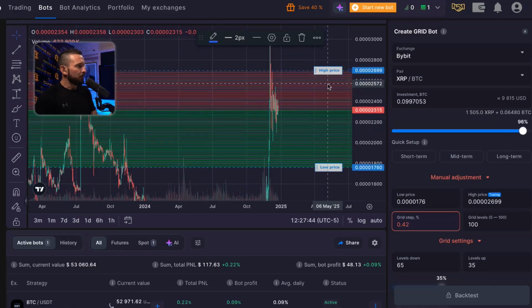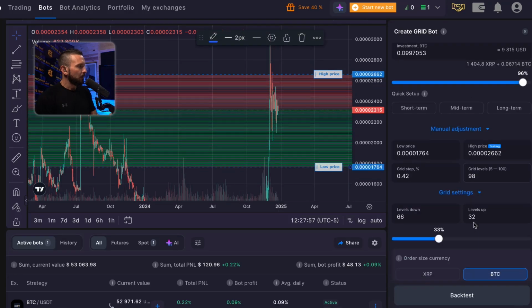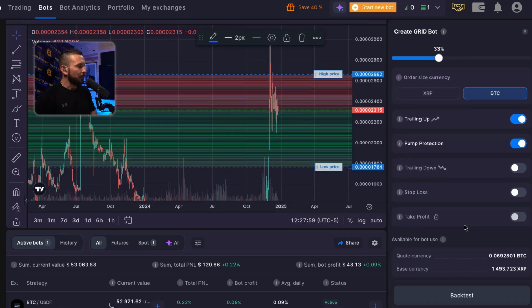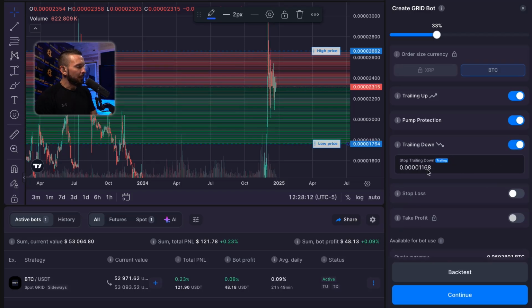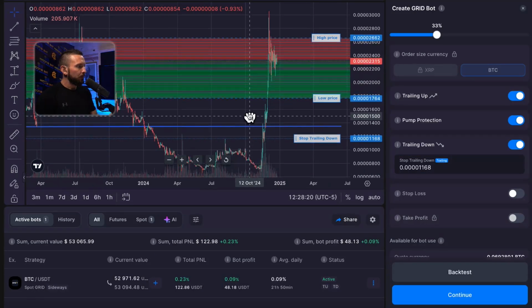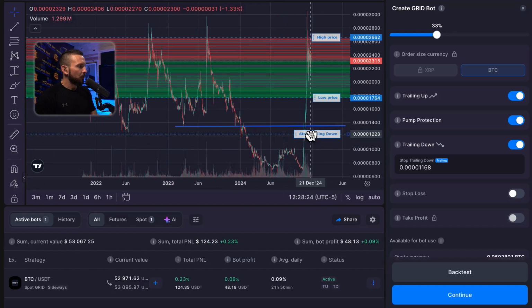So what I'm doing is I'm just adjusting this slider to try to get those numbers to be pretty close to accurate. And if I go down here, it looks like that's going to allow us to start this bot. Now that we have everything set up, we want to make sure we have trailing turned on. We need to check this bot and make sure we have trailing down turned on as well. And then we're going to say we're willing to go down to, this was our level down here. We're willing to bring our trailing down as low as